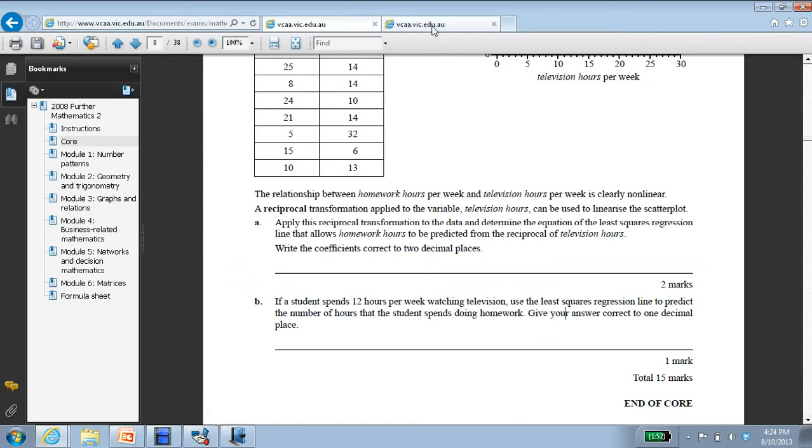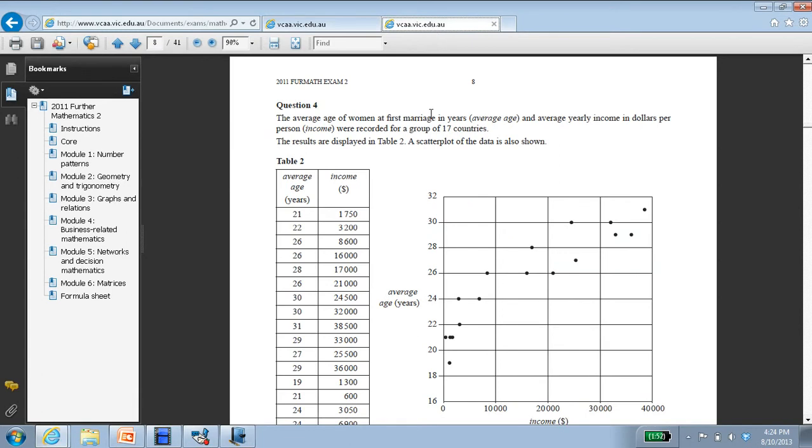Okay, let's look at one more exam style question. So this is this time from the 2011 exam. It's a very similar sort of question. We've got a table of values, we've got a scatter plot given to us. It's about the average age of women when they first get married and the average yearly income in that country